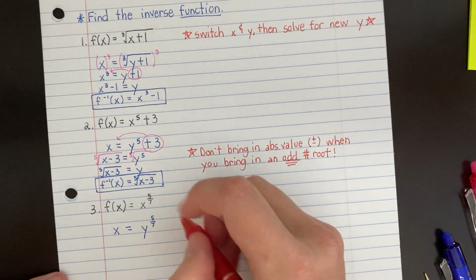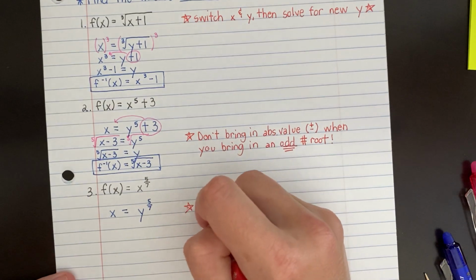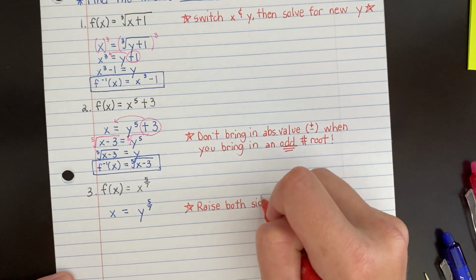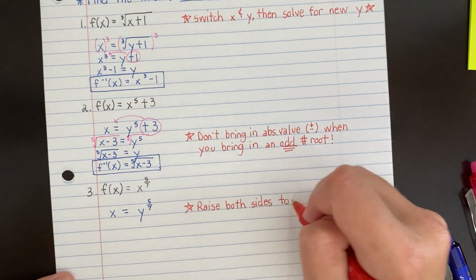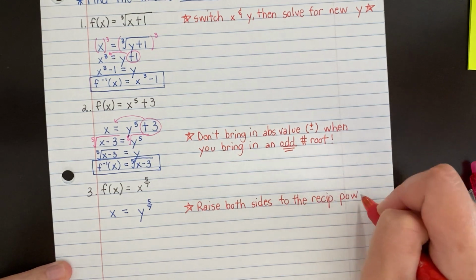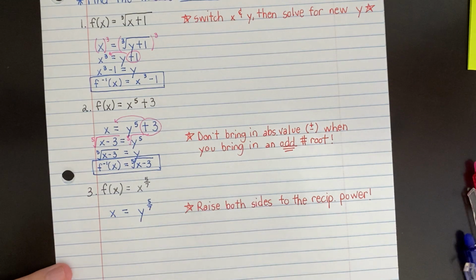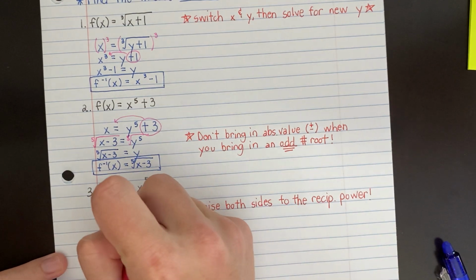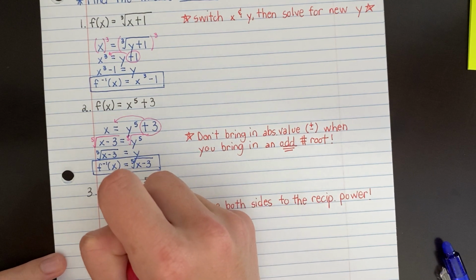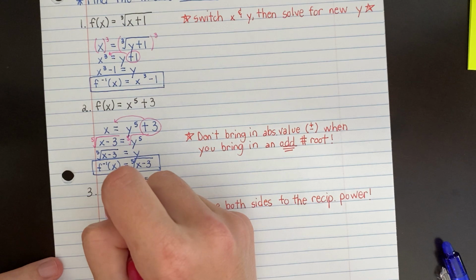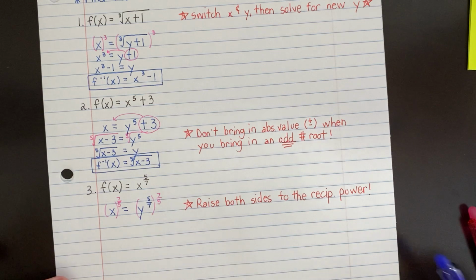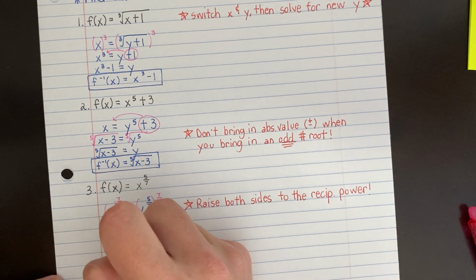Okay, so how do you get y by itself? Raise both sides to the reciprocal power. Okay. So the reciprocal of 5/7 is 7/5. Again, we are working with odd powers, odd roots here. 7 over 5, that's all odd. Okay, so we're good. No issues yet, right? So we just have x to the 7/5